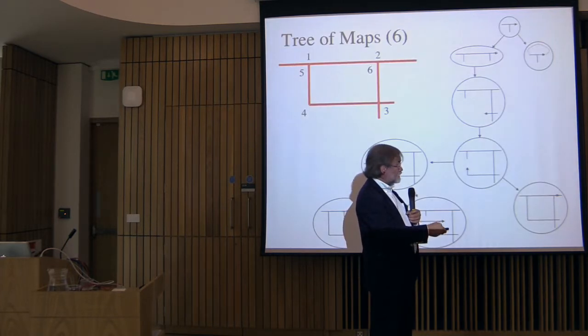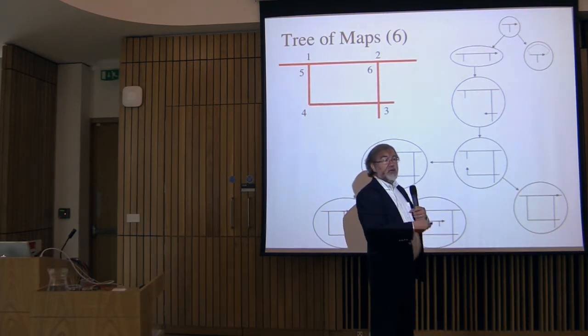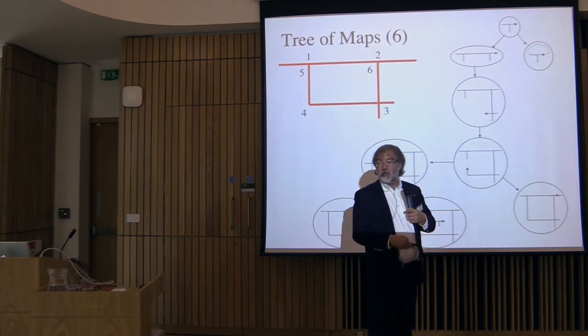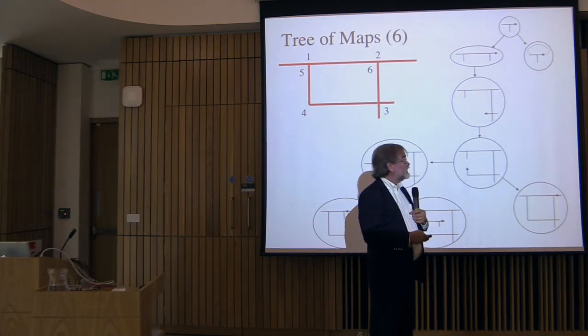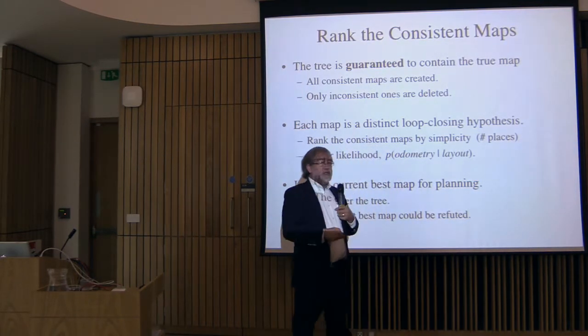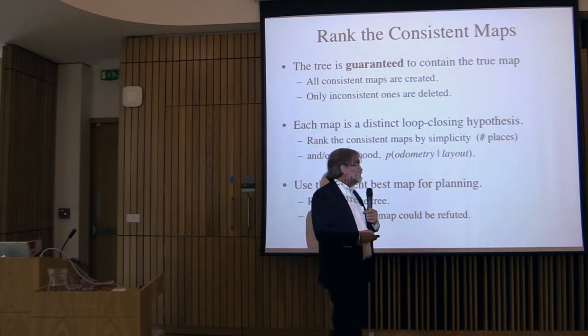Now, here, this one is clearly simpler than either of these two. And it's also more consistent. I mean, if you were to have metrical information, it would obviously be more consistent with that. So either one of those methods would do it. Now, it is important to remember the best map, to remember the whole tree, because the current best map could